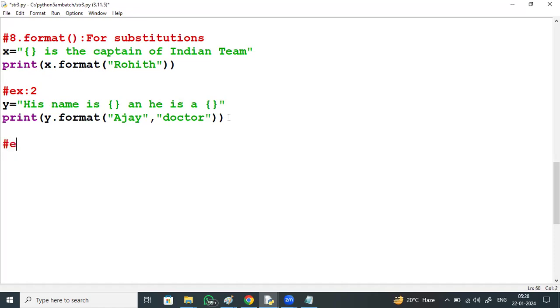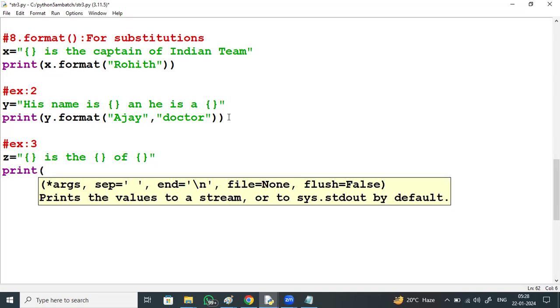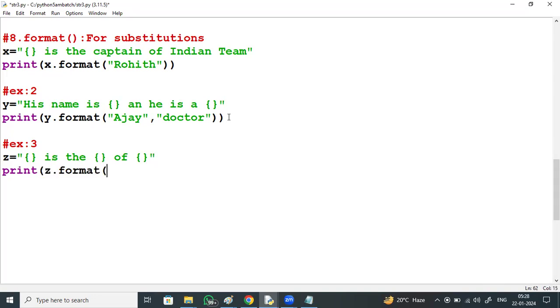Observe this example 3. Now try to frame some meaningful sentence from this Z dot format, by substituting these 3, right?